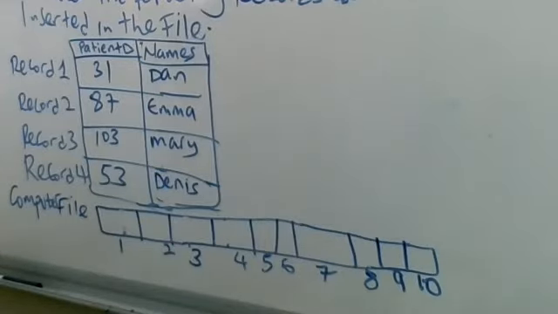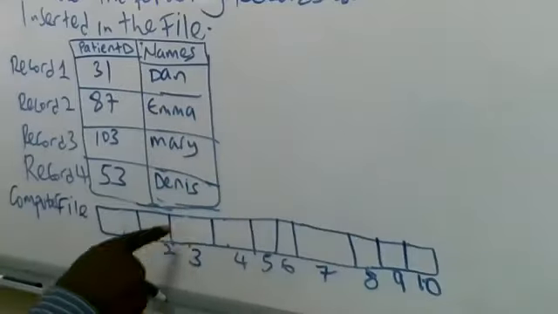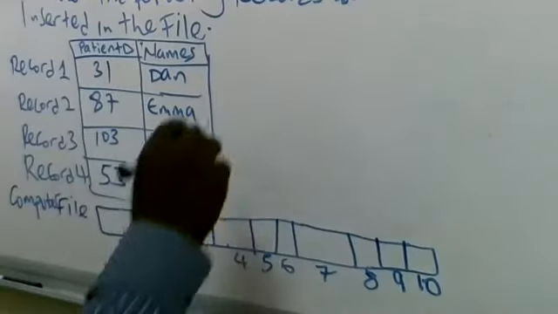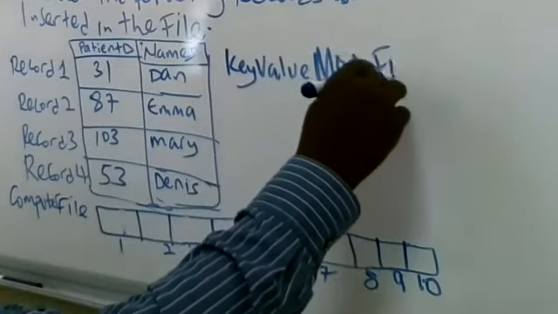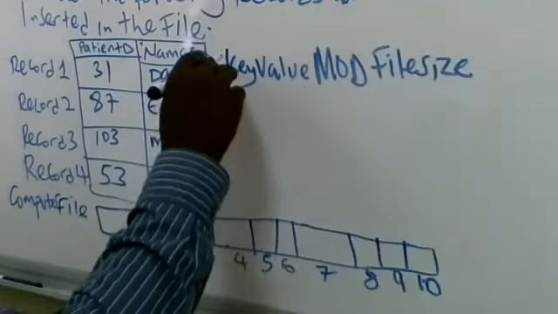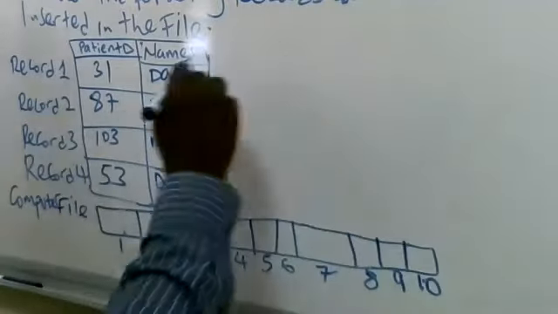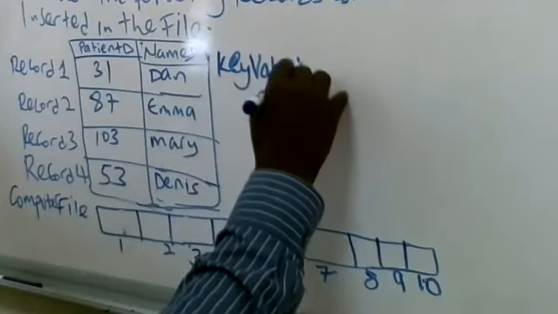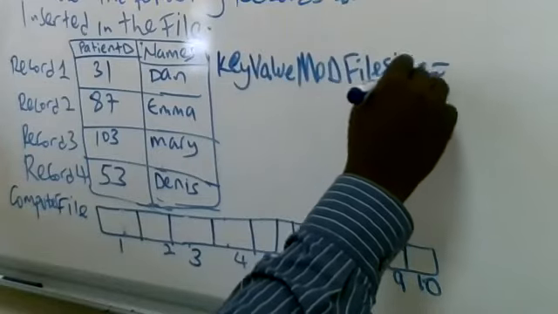So here, the common method which is used as a hash algorithm is looking at the key value of the record you want to put. Now, this is our record of Done, what we insert here. But to insert this record, we need to get the key value of Done, which is the patient ID. The key value means the primary key value. So the commonest formula used for a hash algorithm is the key value modulus the file size. This always gives us the position where to put the value. Now, the position that you get after applying the hash algorithm is referred to as the hash key, technically. So you get the key value modulus the file size,